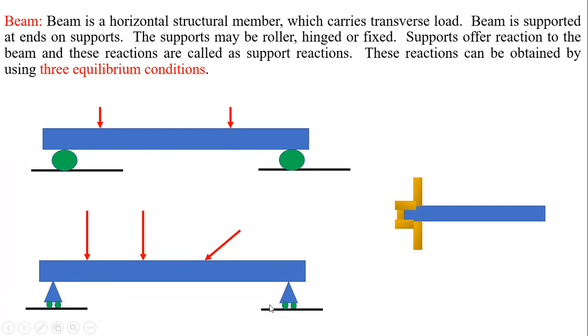So here in this figure different types of beams are shown, supported and loaded. In the first figure the beam is supported by a roller support and subjected to this transverse load. Then in the second figure, again the beam is supported by a roller support and is subjected to two vertical and one inclined transverse load. Again in the third figure, a beam is shown which is supported by means of a fixed support.